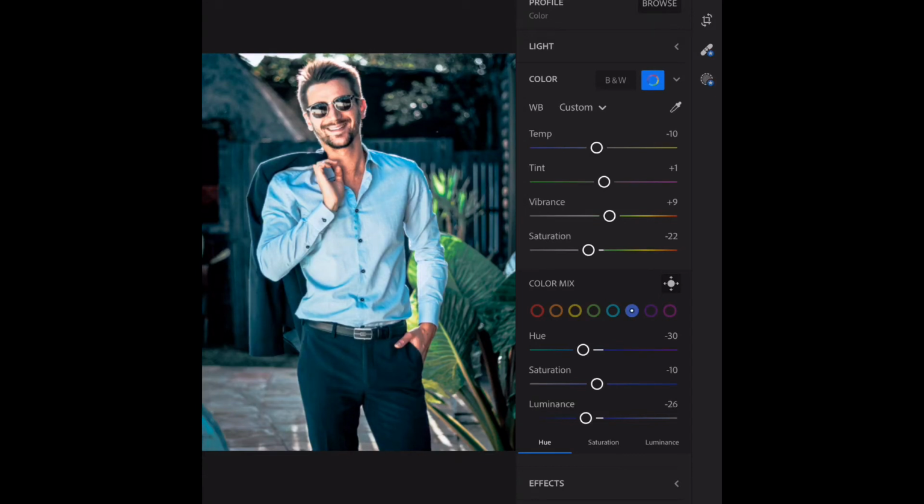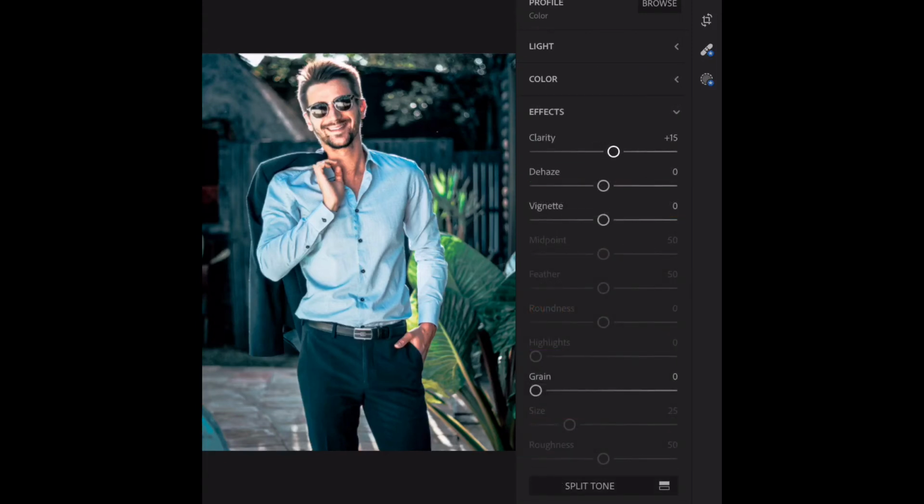After that, I'm going to decrease the saturation as well, because look at his t-shirts, the blues are really popping up. So we're going to decrease that because we want some orange look as well. After that, the magenta and purple colors don't make any difference, so we're going to leave them as they are. After that, click on the effects tab right beneath the color section, and here's where the main action begins,